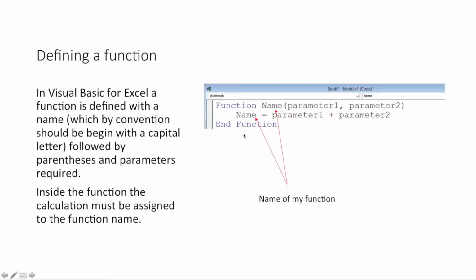Well, to define a function, you have to get into the module and write the word function, the name of the function, parameters between parentheses, and the calculus to get the value of the function name. It's very important to use the function name as the variable to return the value of the formula. Okay, so let's suppose that we want to write the function to get the force